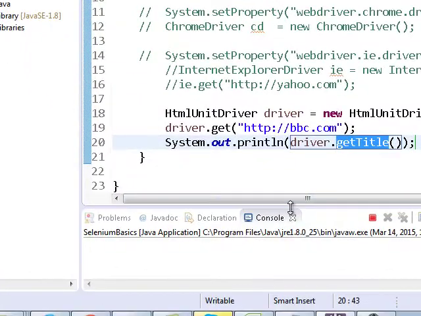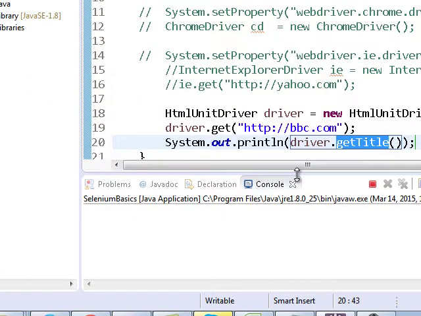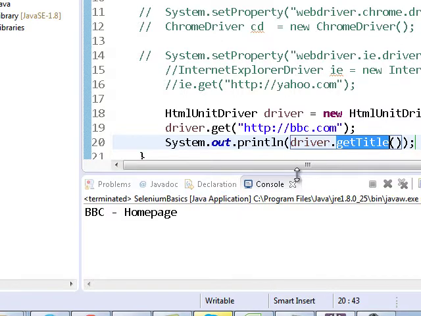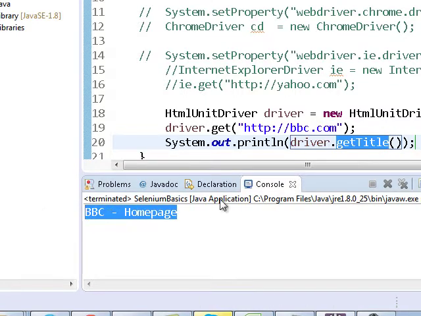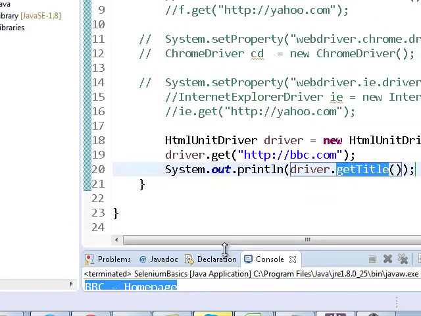Okay, and if I run this, this will print the title of bbc.com as well. Okay, so it works very fast. Firstly, this driver is quite fast. Secondly, sometimes suppose you are on a Unix based platform where you don't have any browser installed, you can work on HTML unit driver directly and it will work. See, it prints the title. The response came up very slowly from the website, but this driver is very fast.